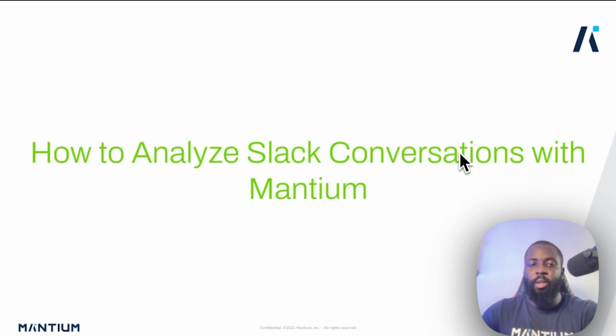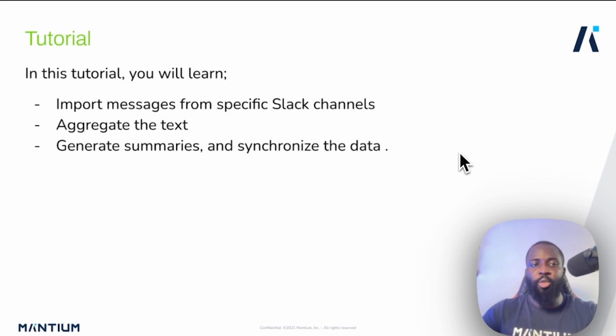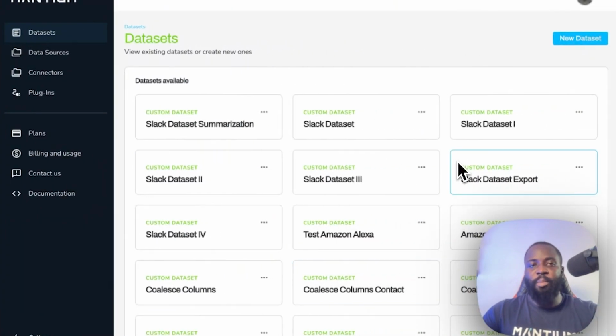Let's get to it. In this tutorial we're going to learn how to import messages from specific Slack channels. We're also going to perform a transformation to aggregate the text, add the summarize text transformation to generate summaries, and then synchronize the data. At the end of this tutorial, you should be able to do all these to understand different Slack conversations and summarize them. I'm going to navigate to the Mantium platform,